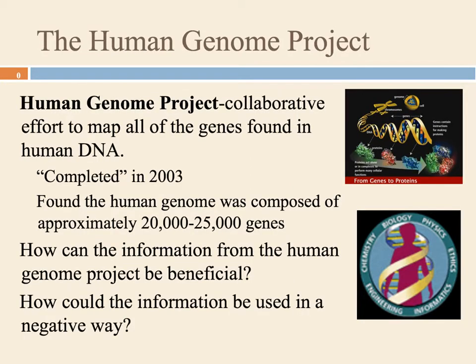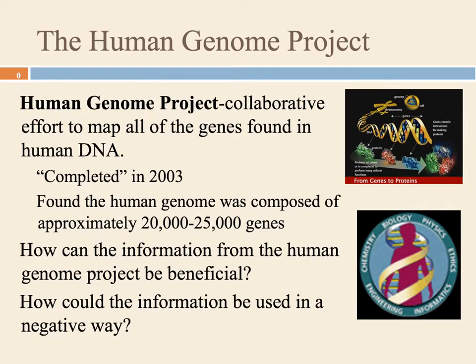So in the lab station review that you did for Unit 7, you read about the Human Genome Project. The Human Genome Project was a collaborative effort, as you read. It basically used scientists from, I believe, 16 different countries around the world, who worked to map out the different genes on the different chromosomes. It was completed in 2003, and we know that humans have about 25,000 genes on